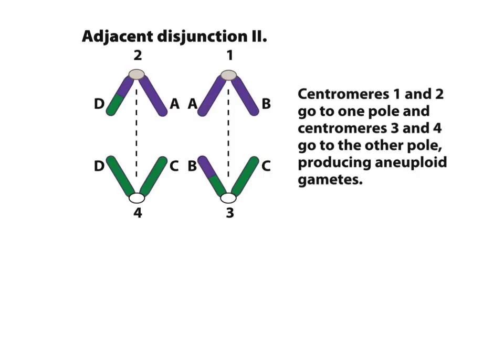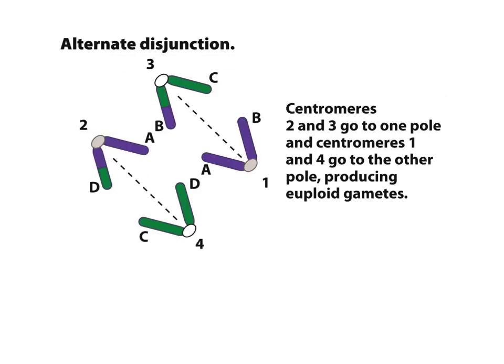If you were to have that sort of three-dimensional pulling, centromeres 2 and 3 go to one pole, centromeres 1 and 4 go to another pole. Are we okay now? Yes, we have genes A, B, C, and D on the lower right. On the upper left, we have C, B, A, D, out towards the class, and the other one in towards the chalkboard.